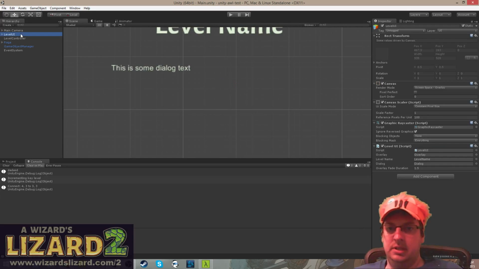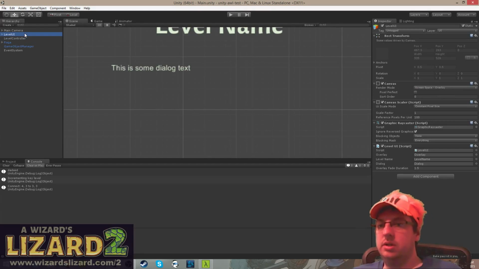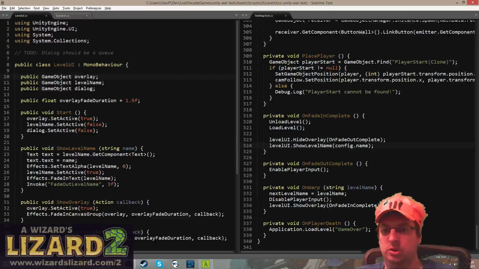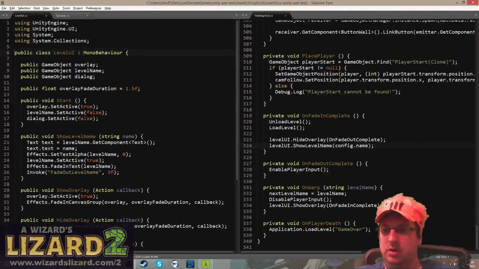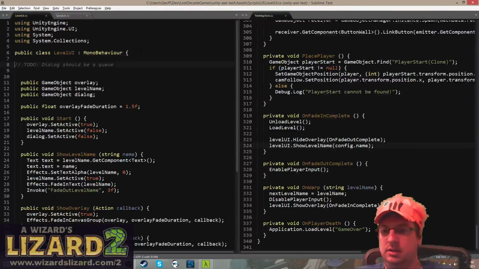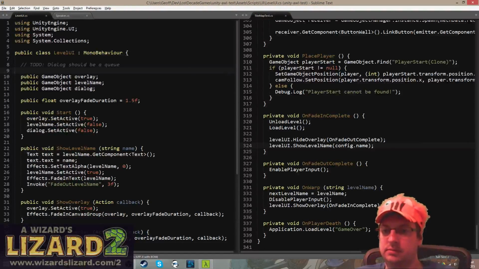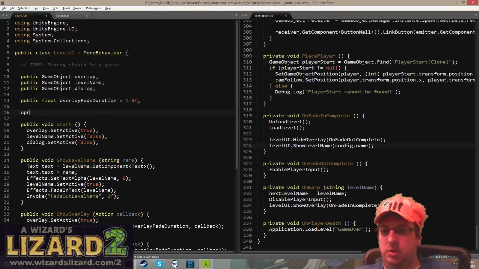So the next step is basically to make this one, we kind of want it to paginate, and then two, we want to clean up the look of it a little bit. And so I think first we'll just work on the queue system. And so actually this will probably be in here at the class level. Probably going to want just a private variable, and I like to use generic lists, so we could just make a